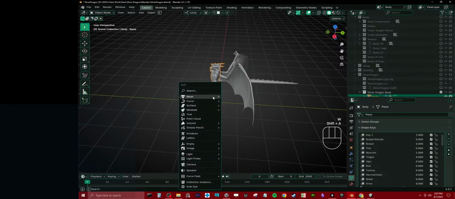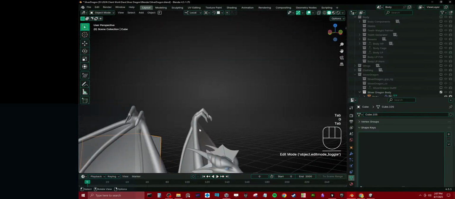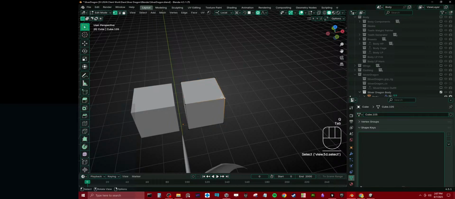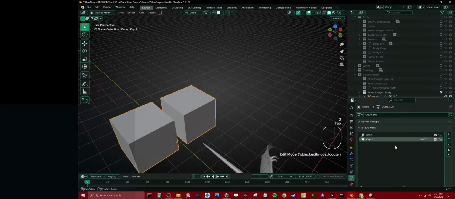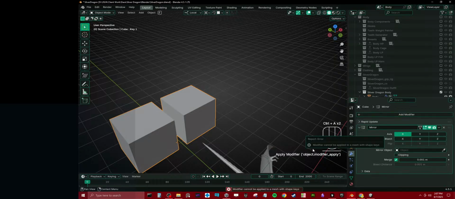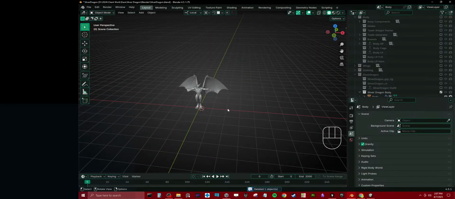And I apply, say, mirror. Yeah, that's what I thought. Can't apply a mirror on a mesh with shape keys. So there's actually two